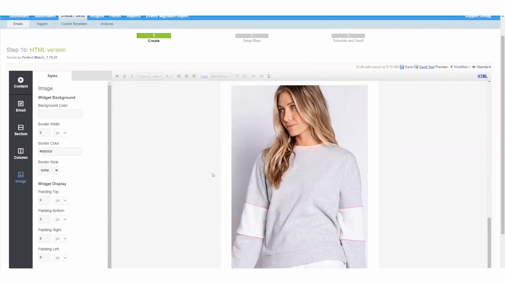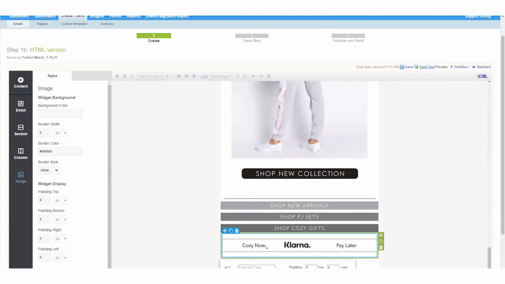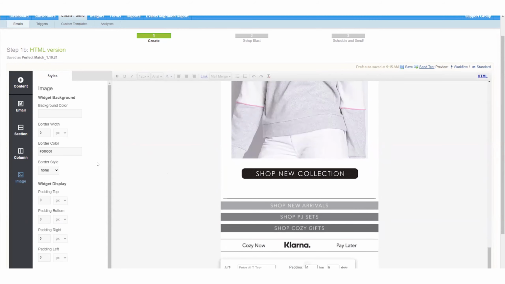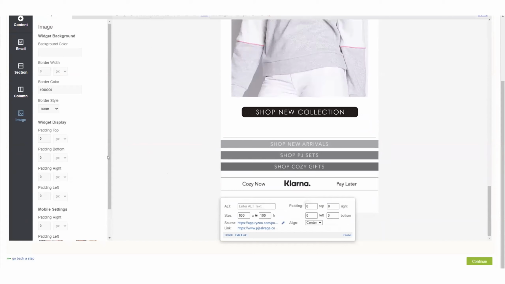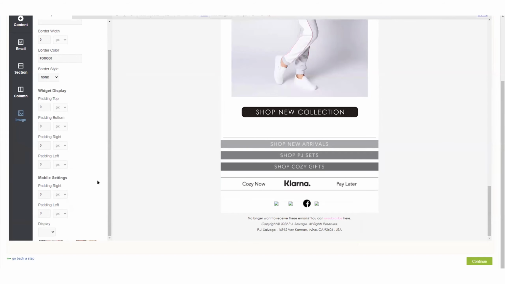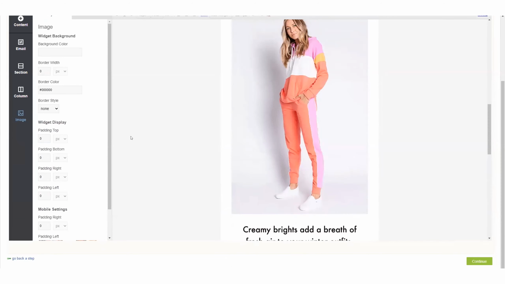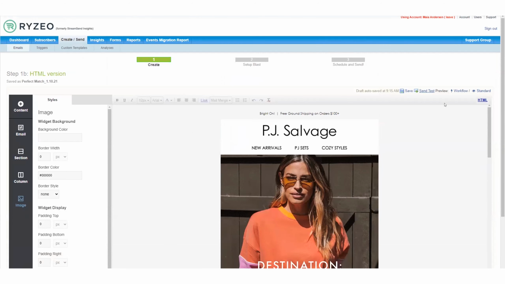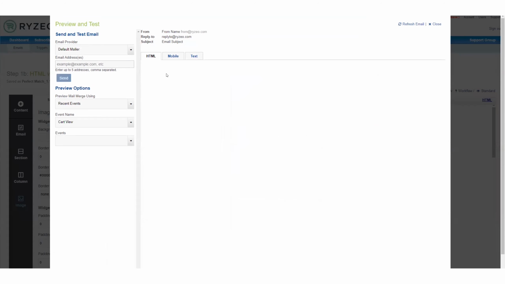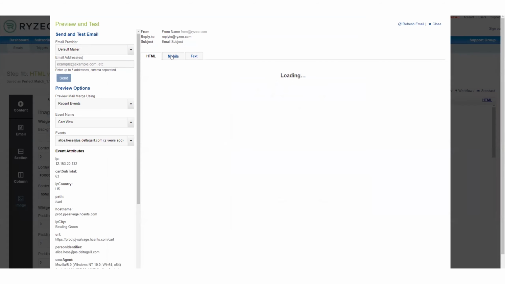All the sections can be customized with font and also the style of the font that you want. We have all these widget displays as far as padding, so you can move the sections up or down based on that. We have individual mobile settings that you can do for mobile devices. All the emails that are created, if I go to workflow here, are automatically generated as mobile friendly. So we have a tab here for mobile. All the emails that get generated through our editor are going to automatically be